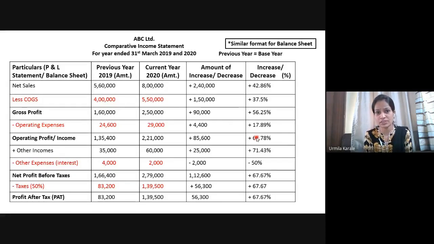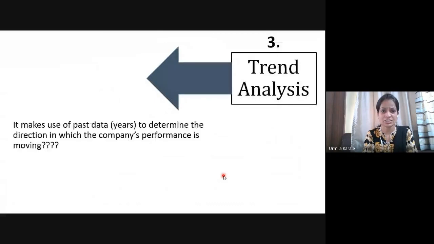That is the reason why we say, if you want to increase the profits, you have to think both ways, increasing the sales and reducing the cost. Here you have reduced the cost at these two places, and here you have increased the sales, and both have resulted in this much increase in the income of last year and this year, right? The same way, other incomes have also increased to a great extent. You can see financial expenses have reduced by 50% compared with last year. This is how you have to interpret this statement, right?